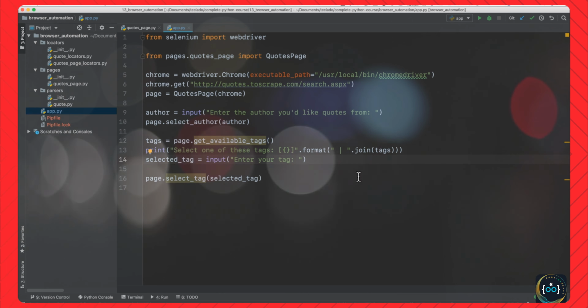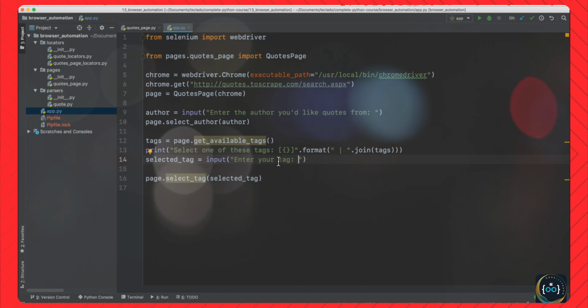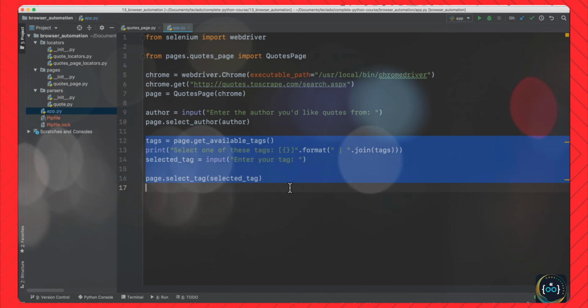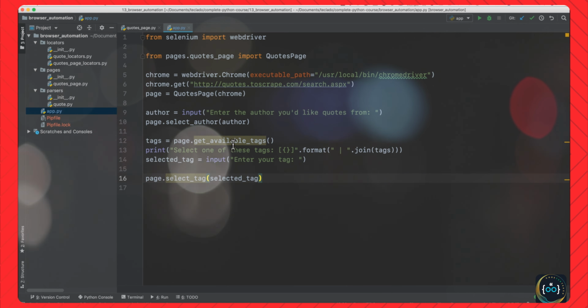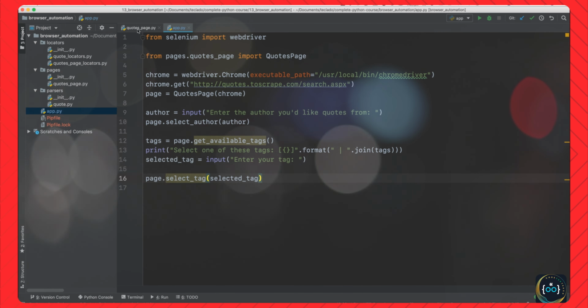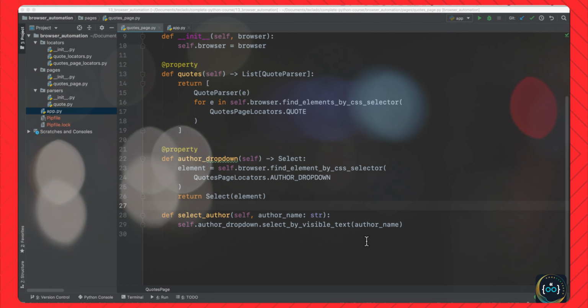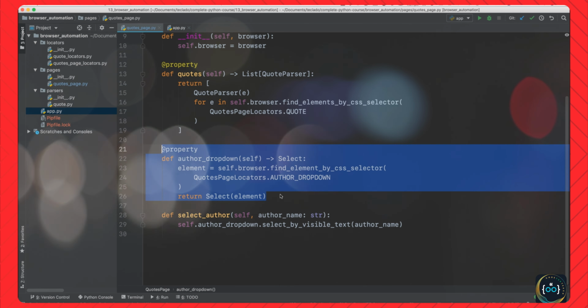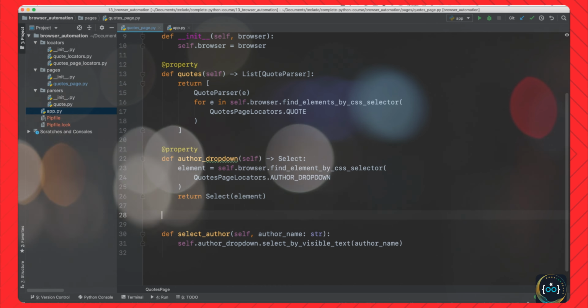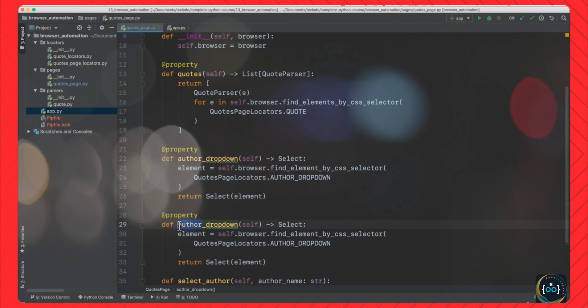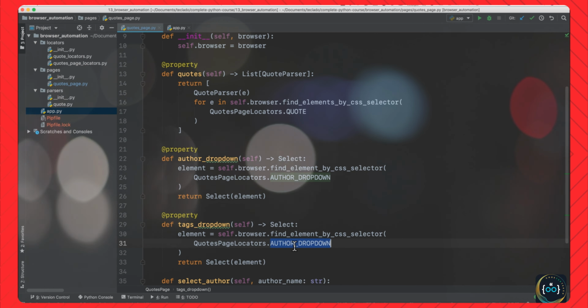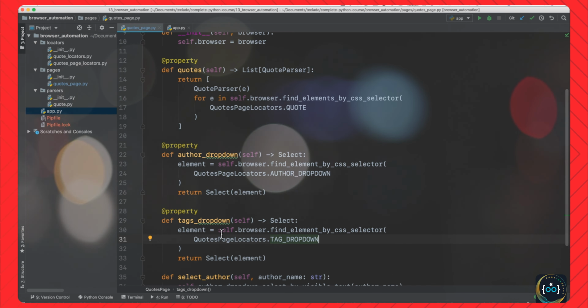So what this means is that we've now decided how we want to use the quotes page class. If we are happy with this implementation, we can go and actually write these methods in the class. So let's go and do that. We're going to go over to quotes page, and it's going to be very similar to what we have here. All we're going to do is add another dropdown, very much like this one, that says tags dropdown, and it's going to find by tag dropdown there, and it's just the same thing as